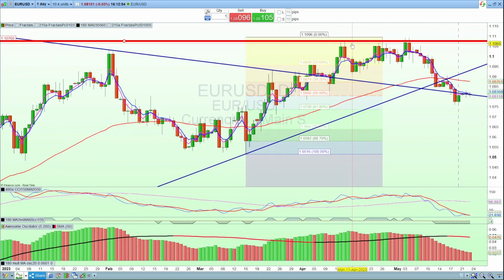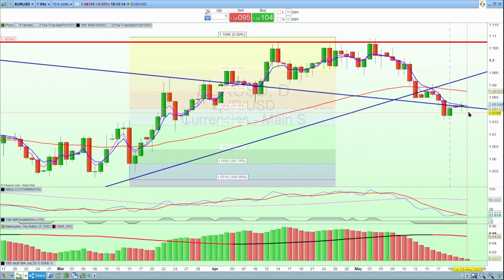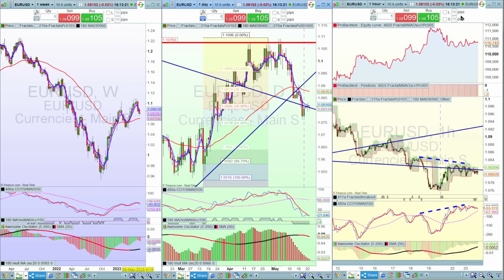Now the Fibonacci here, drawn between that low and that high, the price has actually broken down and is just approaching the 61%, which is a critical area. If it breaks below the 61, we're probably going to see further declines. So it's currently hovering around the middle between the 50 and 61% Fibonacci retracement on the daily. But you'll notice also more clearly the last few days it's been stuck to that lower diagonal line, as you can see there. On the hourly chart,